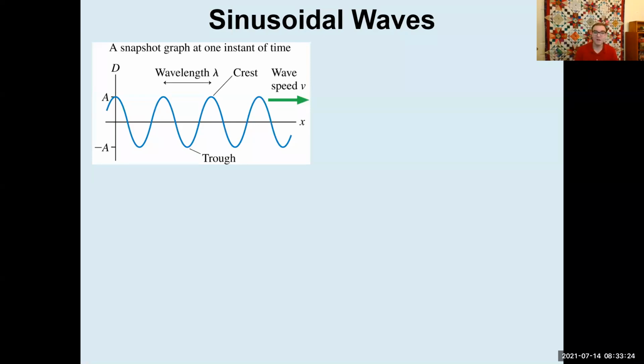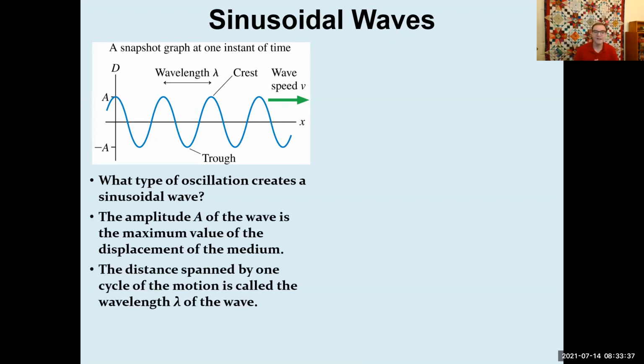So you can see an example of a graph here. This is a snapshot graph. One question that you might ask yourself is, what type of oscillation creates a sinusoidal wave? And the obvious answer is that it's a sinusoidal one, right? When you have a block moving up and down on a spring or anything else that has simple harmonic motion, that gives you a sine curve, you're going to get sinusoidal